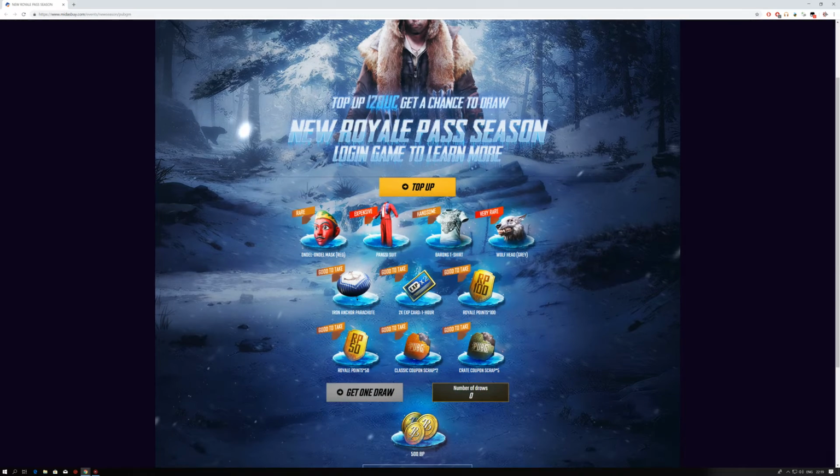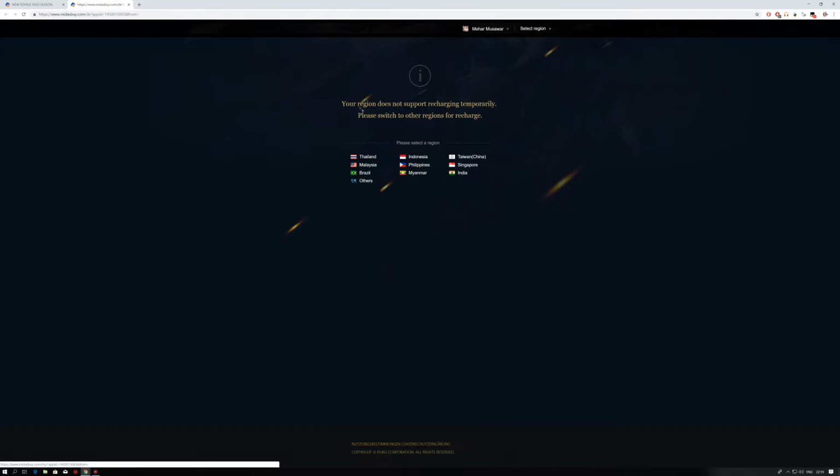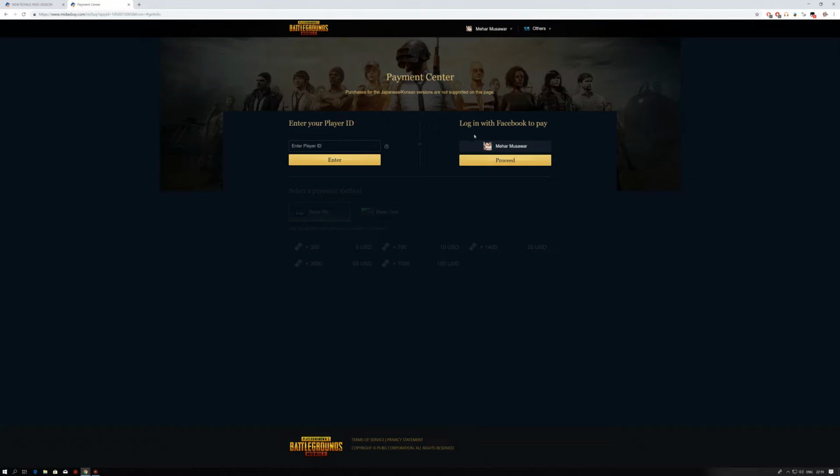The next thing you're going to do is just go to top up, and if you are out of Europe, you have to select the other country right there. Click on other, and then log in. Log in with your Facebook if you connected it with Facebook. Either way, you can enter player ID, which you can copy from the game. And next thing, you're going to click on proceed,